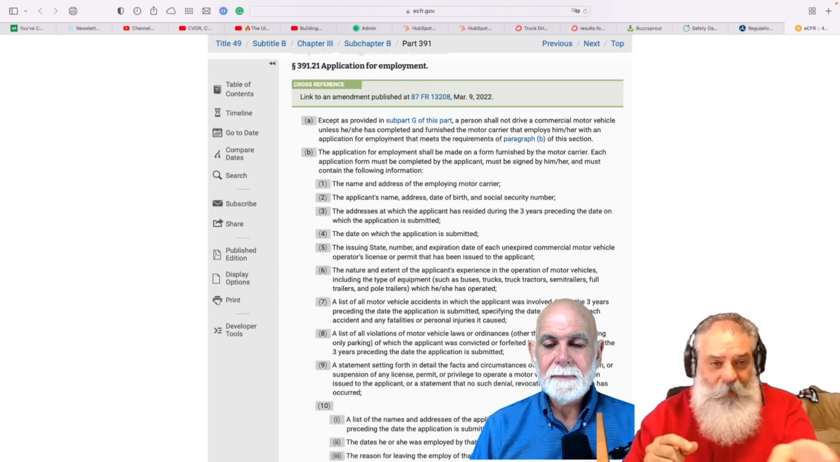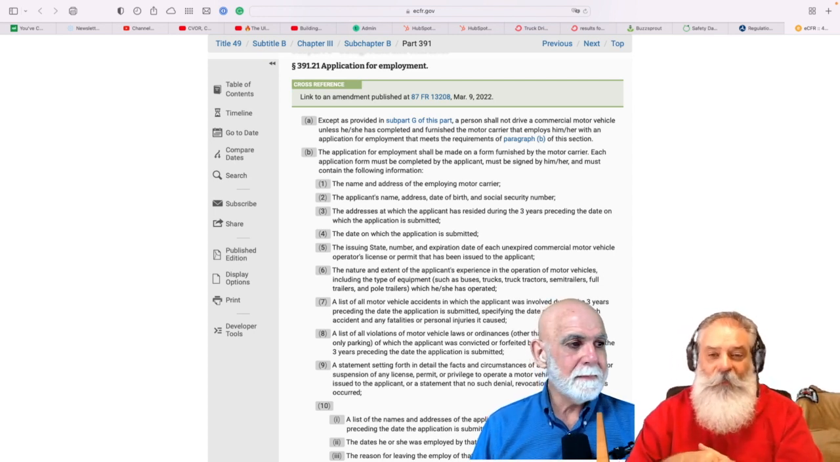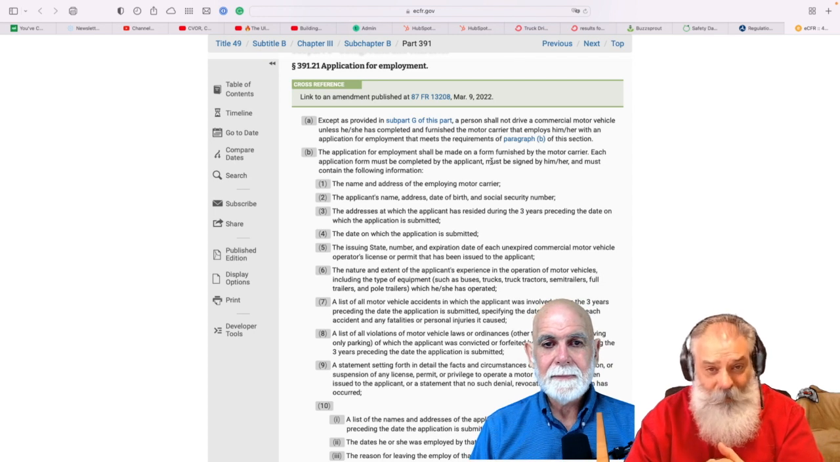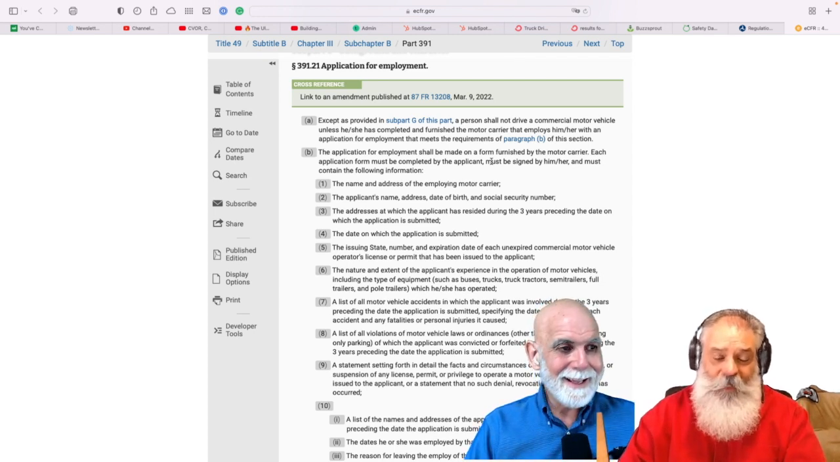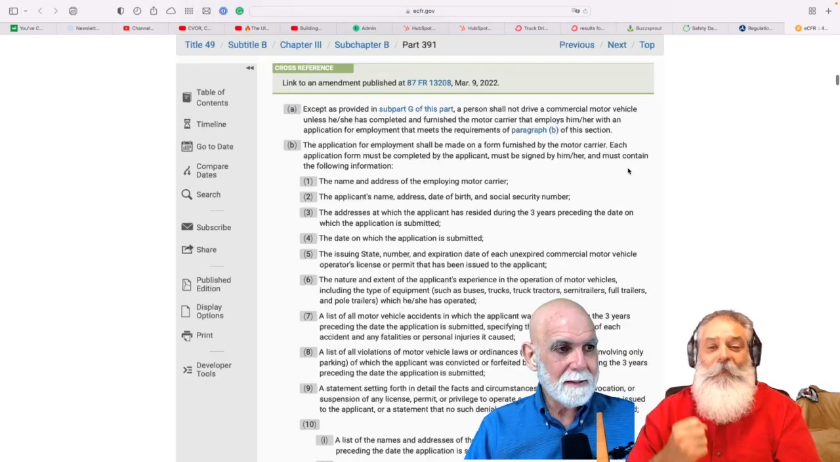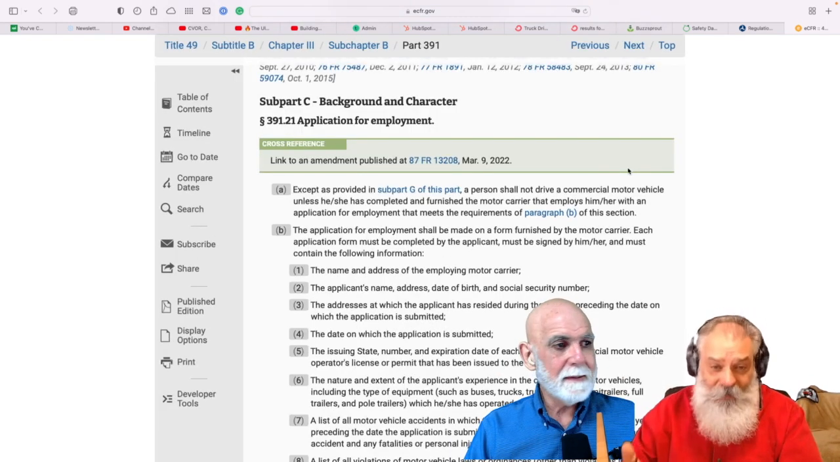I think probably Section A right at the top there really spells it out good. A person shall not drive a commercial motor vehicle unless he or she has completed and furnished the motor carrier that employs him or her with an application for employment that meets the requirements of paragraph B of this section. So this is where it's so important to have this information, and it needs to be complete, correct,